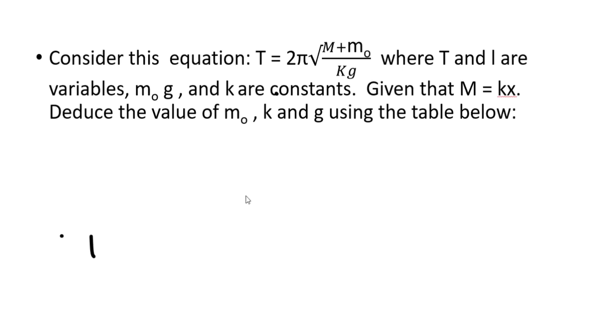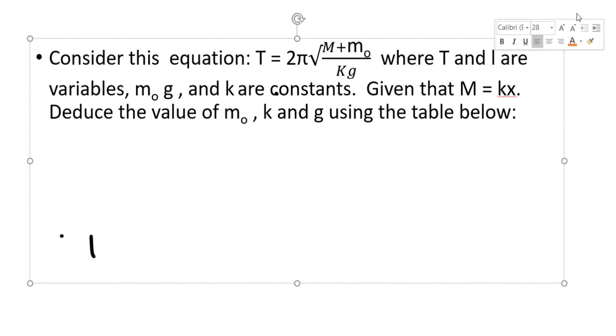This is another example. Consider this, where T and M are variables. M0, G and K are constants. Given that M equals Kx, deduce the values of M0, K, and what? G. So of course, transforming this again, and given the values of